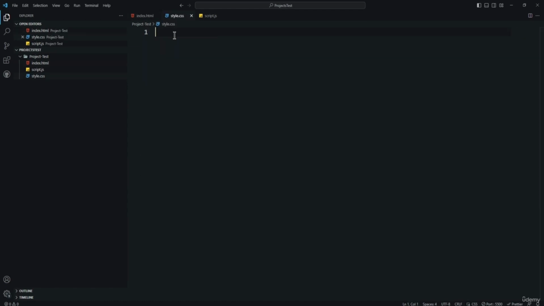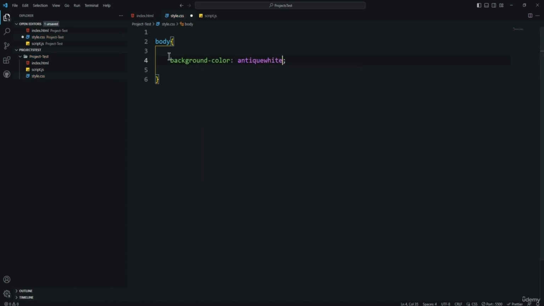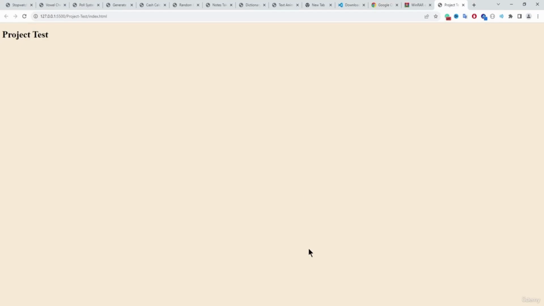So suppose I enter here a body element, which is a body tag, and I am inside the style.css. Yes, I am inside the style.css. So why is it giving the error? Actually, it's going to show these warnings, not an error. So here, if I enter a background color, and if I select here antiquewhite, which is the name of the color, now if I press Ctrl+S to save it, you can see the color of the project is actually changed,